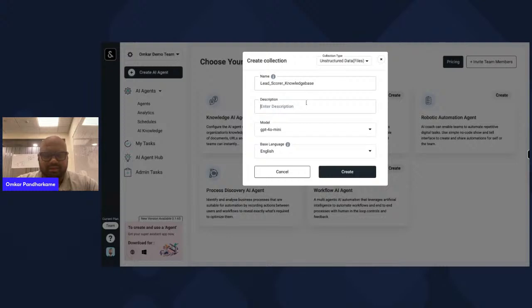And then I enter the description. Let's say this is about ICP curator, whatever, you can put anything. And then I choose the model. Now the model that I'm choosing is essentially a GPT-4o model. You can choose any. I personally like the GPT-4o model, right? And then I go ahead and I click on create.